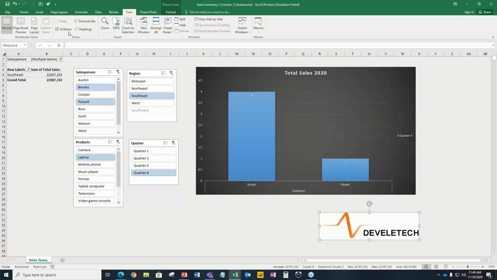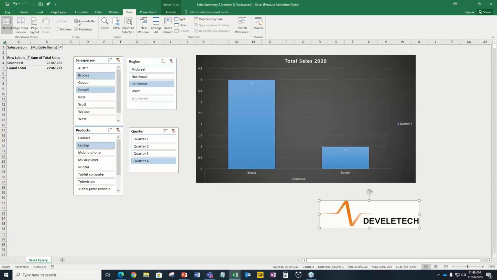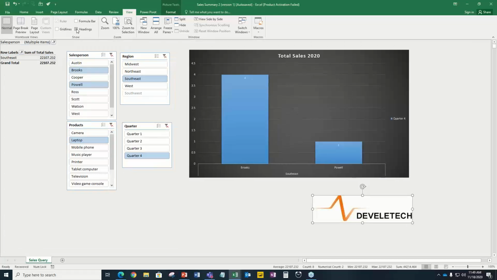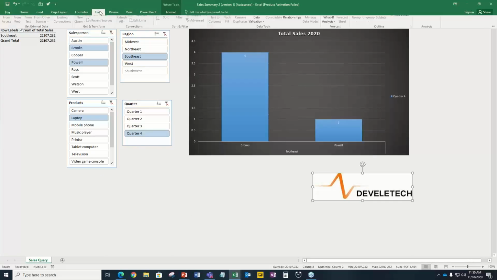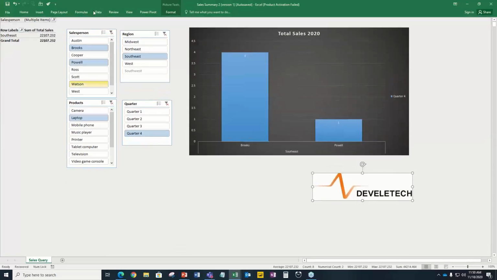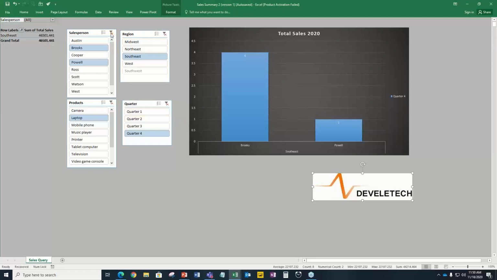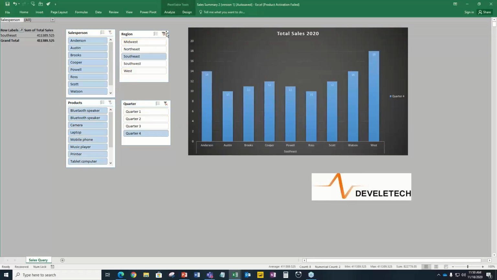The people interacting with the sheet don't need the formula bar. They don't need to see the headings. And really, you don't even need to see the ribbon. So the ribbon, if you double click on a tab, it collapses it. To get it back, just double click on it again. But now that's a dashboard. It's interactive. You share this on OneDrive, in SharePoint, and now everybody that needs to see our data can just